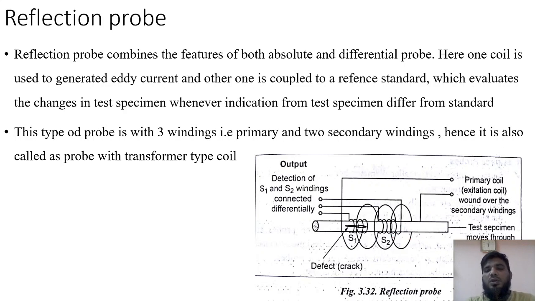After that, to the specimen in which we have to identify where the flaws are present, we connect two secondary coils. Among these two secondary coils, one will be the reference, another will be the test specimen. One will be giving you the exact value, the other will be giving you the test value, similar to the previous case. When we send a particular amount of current through this, the reference value will be given by the reference signal. Other than that, the value which we get from the secondary coil tells us what the defect is or how the flaw is present.